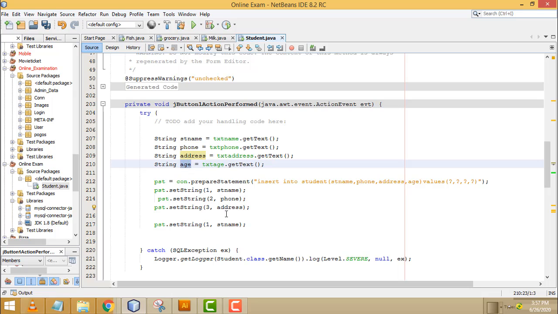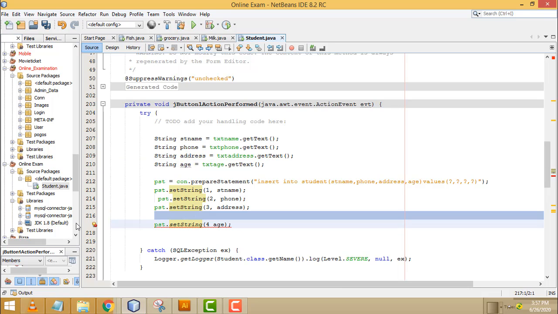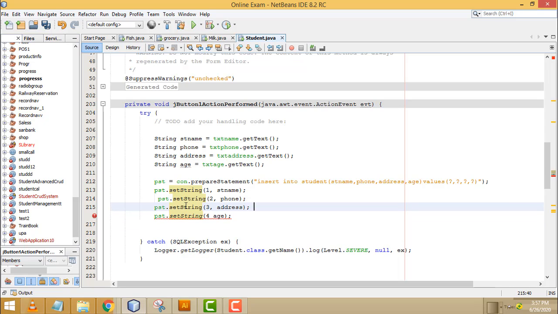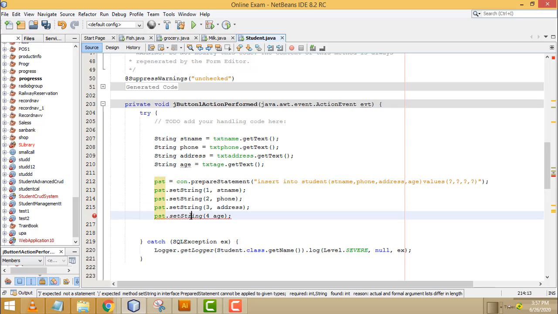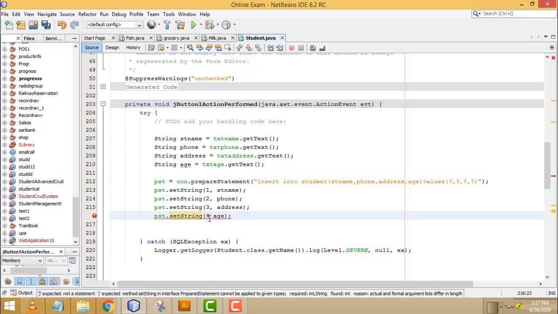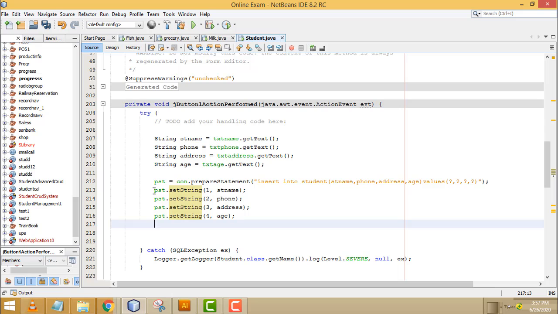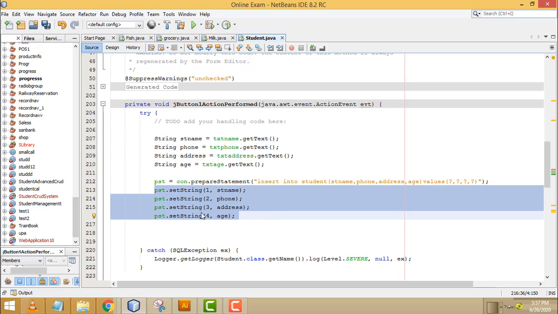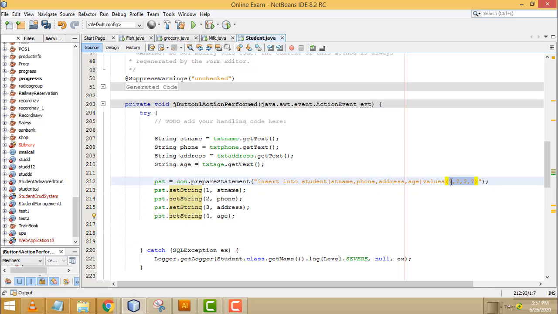Fourth one age. Fourth one, right? Now what is the error? Now here, these are called parameters. This sequence of parameters follows the sequence of columns in the database table.